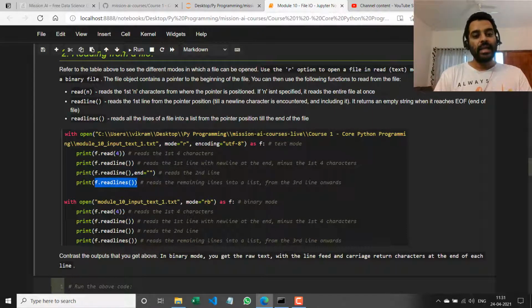Then it does readlines. Basically, from the start of the third line onwards, it reads the entire thing as one chunk of text and then splits it up into multiple parts wherever it encounters a newline character, and it stores those multiple parts in a list. Okay, so if I run this